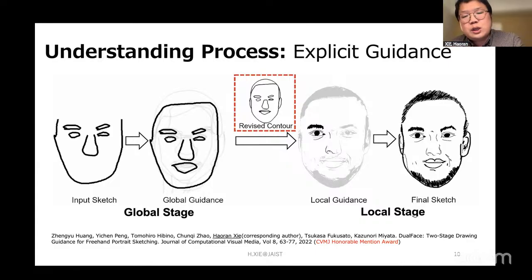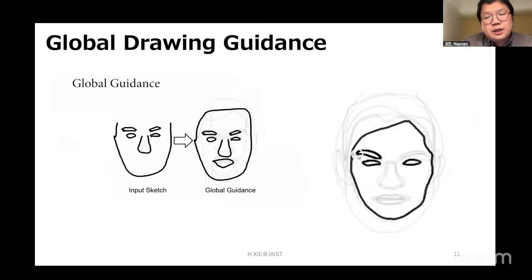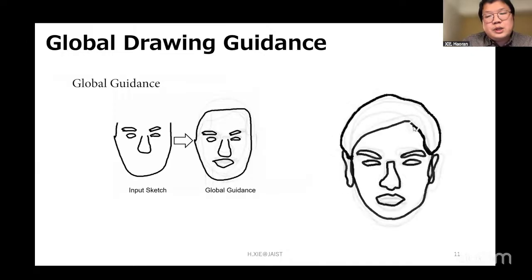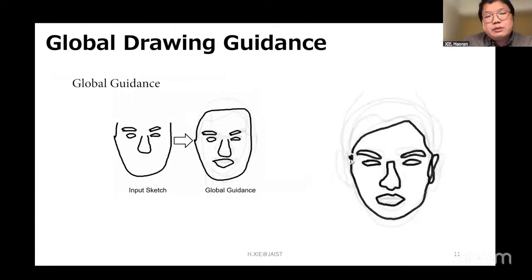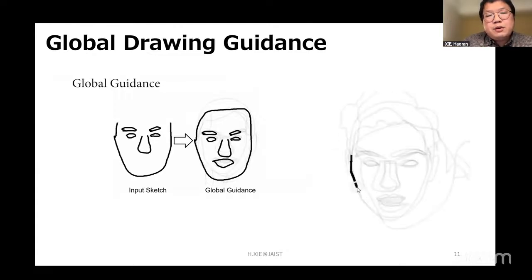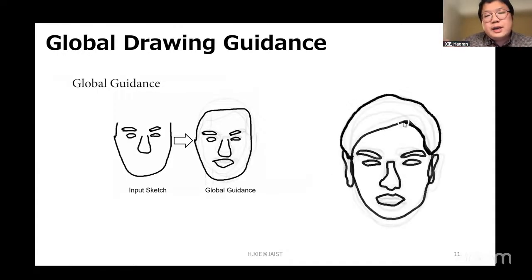Then you draw the local. This comes from the recognition process, which is special to how humans observe things. Depending on this finding or observation, we can give some guidance to the users to help them really create something by themselves. For example, we can give user guidance first from the global, giving some outline features, and then they can draw it.